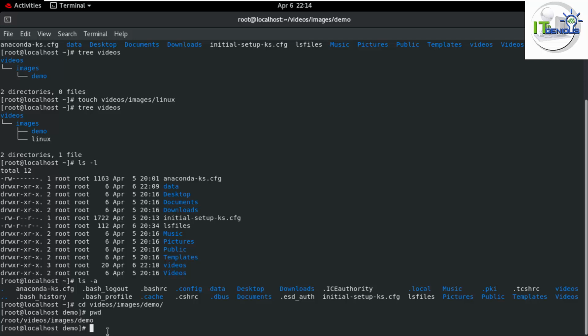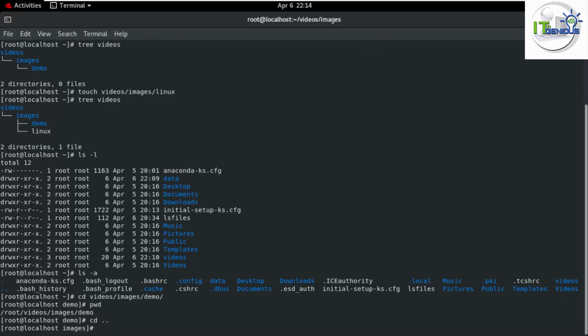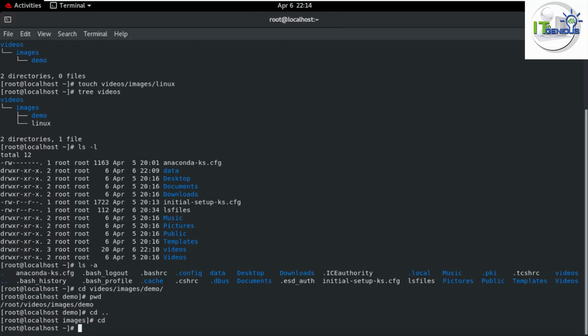Similarly, if I need to come back one by one, I will type here cd space dot dot, through which you would be able to come back step by step, exiting from your child directories, correct? Or if you need to come back to your main directory, your user's home directory, you can type cd and press enter. So you will exit from your child directory and reach your user's home directory through the cd command. So cd is basically change directory. If you have to change directory, you can use the cd command here.